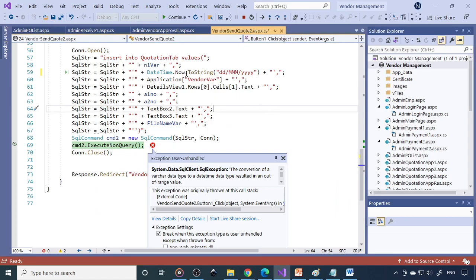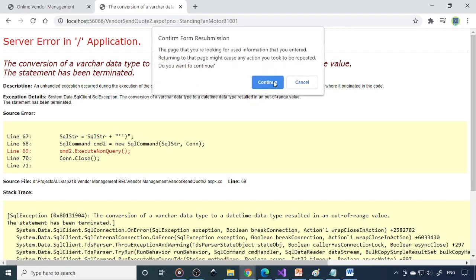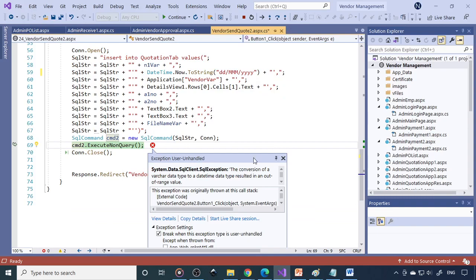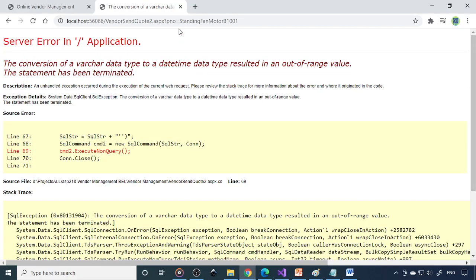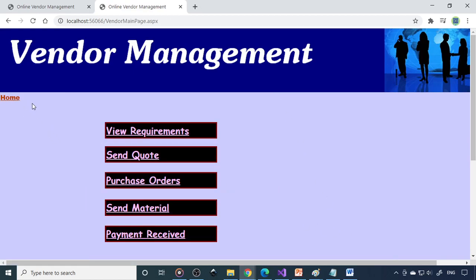So here the error is because the toString earlier is not there. Now I just typed it. So you're supposed to have a toString and DDMMMYYYY, because it should always be in this particular format. If you miss this, you always get this error. The conversion of varchar data type to date type, that gives an error. Okay. So let's run it again, and now you can refresh this. Okay, sorry. Now I have to save this. So save, then again run, refresh. So now it is done.